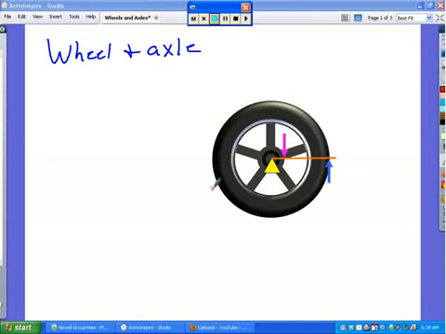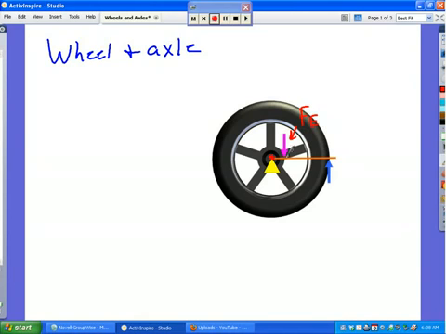This presentation covers wheels and axles. The important thing to note about wheels and axles is that they start off as a lever. In the case of the picture here on the screen, our fulcrum is here in the very middle of our axle. The purple, if we want to call that our effort force for now,